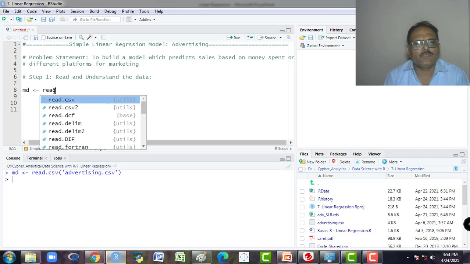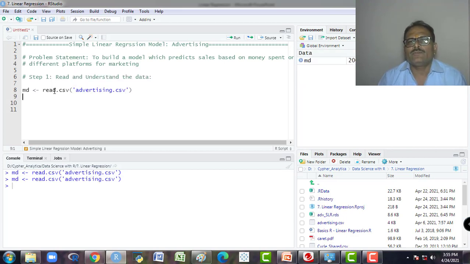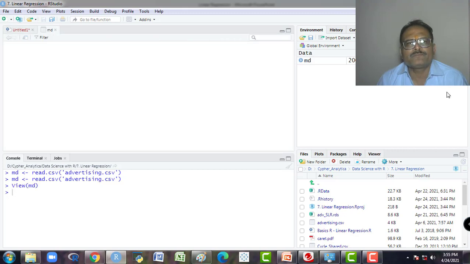It is a CSV format file, so I will use the command read.csv, and under quotes I will write the name of that data set, and then I run it. So you see it is now in my global environment, and there are 200 observations of four variables.